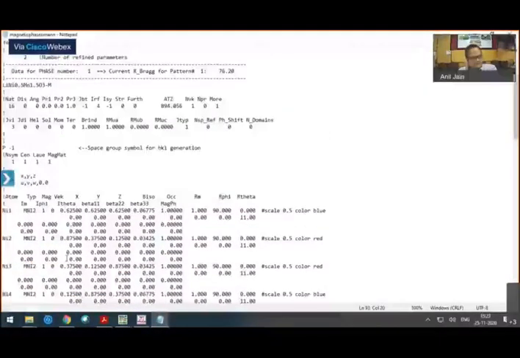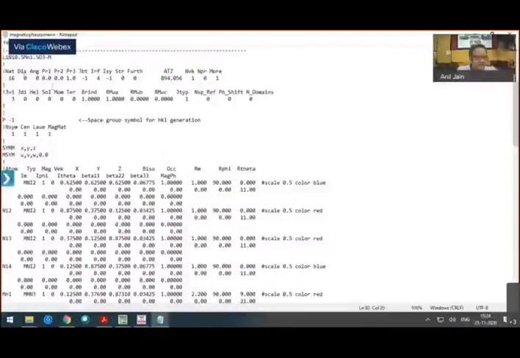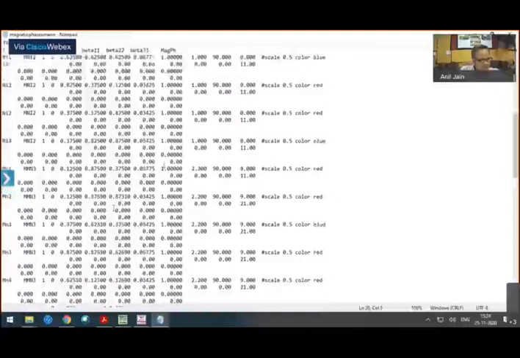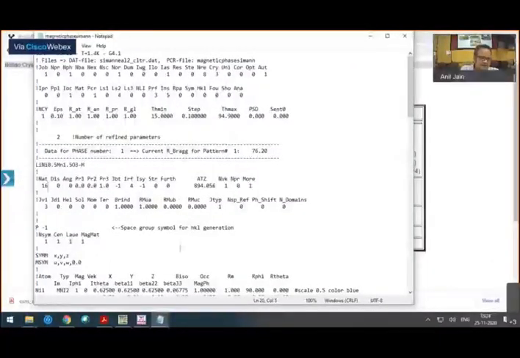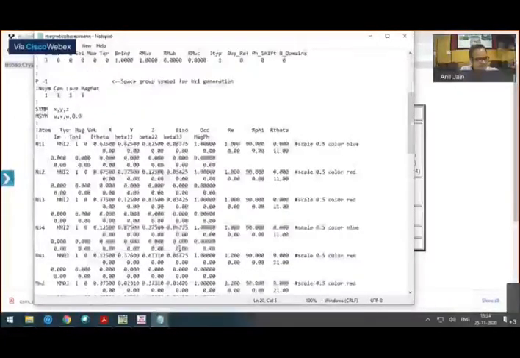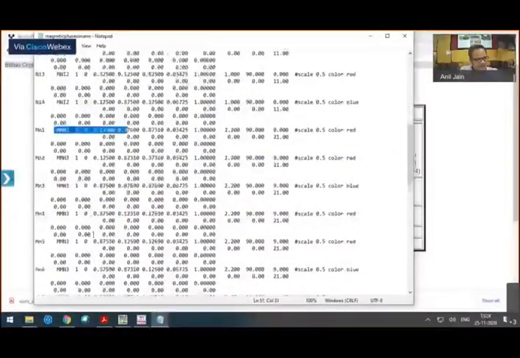So now we have made a file by utilizing the output of our previous step, where we have the integrated intensity for the magnetic reflections. Now, in this file, the number of atoms I have to keep is as many as the number of magnetic ions in the unit cell, meaning all these positions I have to put. So what we have here is 16 atoms. Like you can see, 4 nickel and the remaining manganese.